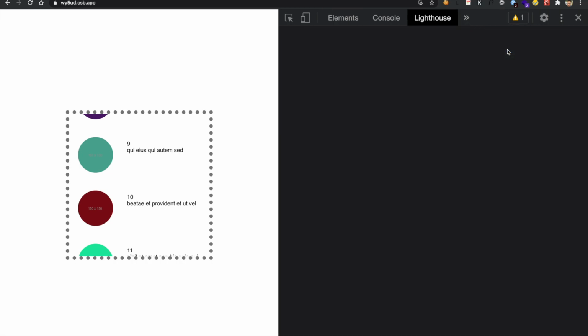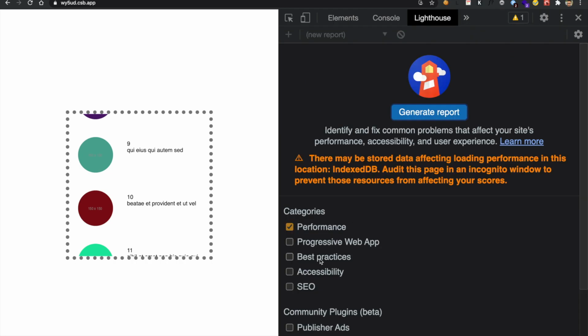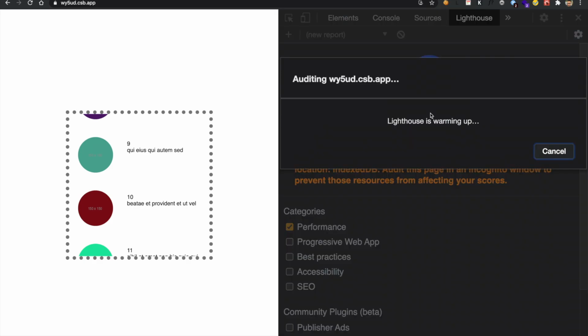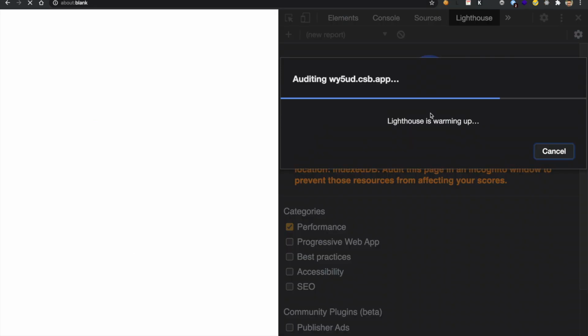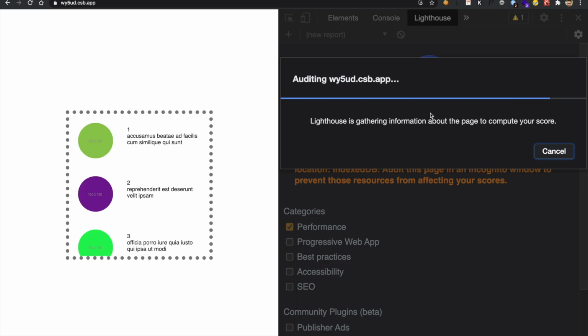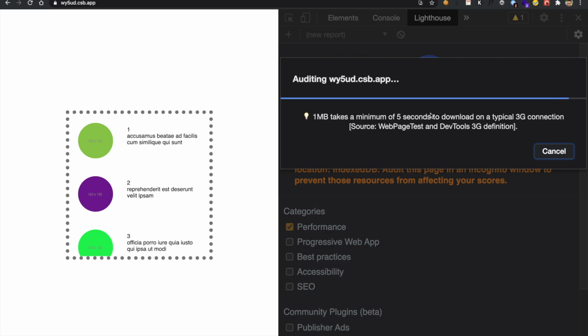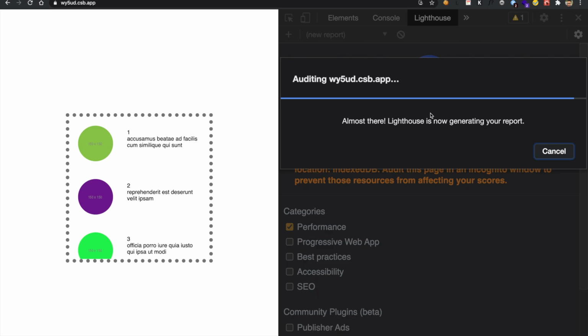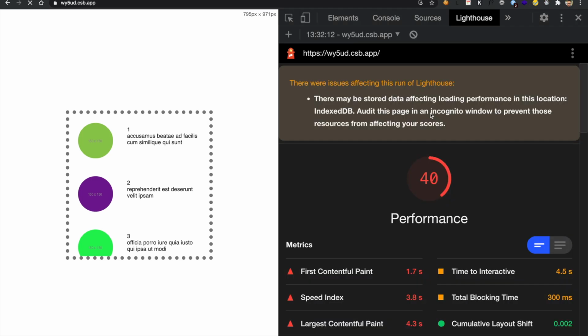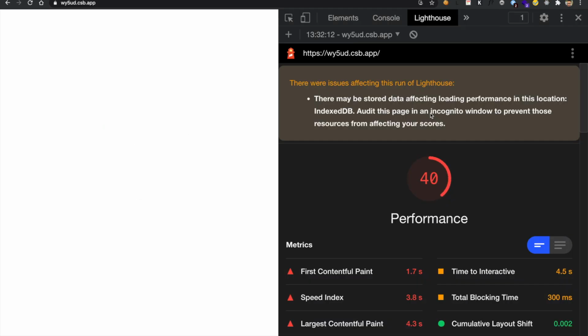We can also check the DOM score with the help of Lighthouse. Let me just generate the Lighthouse score. Here you can see that we have performance as the only category selected. I'll click on generate report. A similar report we had also generated before our changes, and our performance score was around 30 and DOM nodes were around 2000. For now, we'll not focus on performance score because we are using a third party tool and our score could be less, but we'll focus only on the DOM nodes.